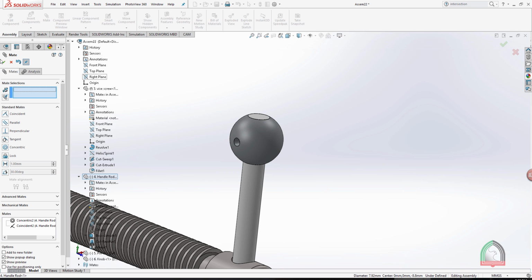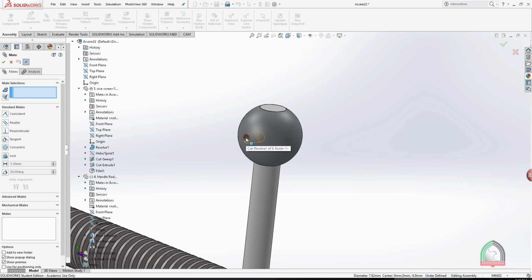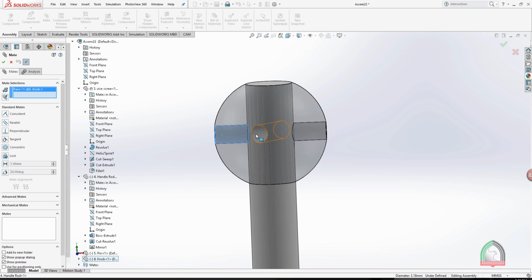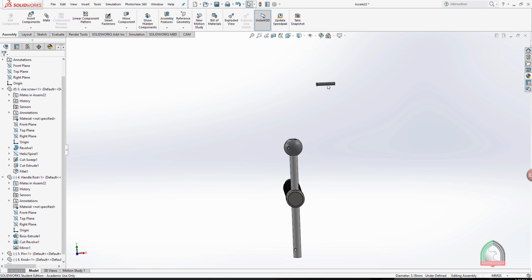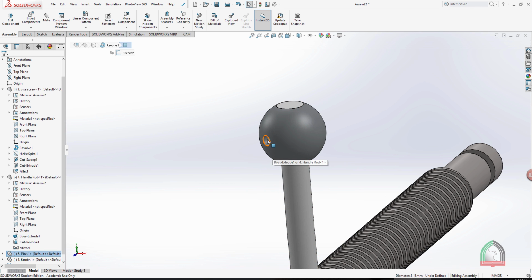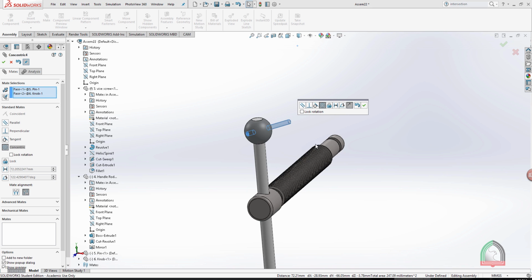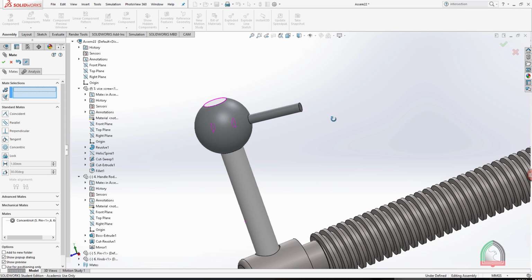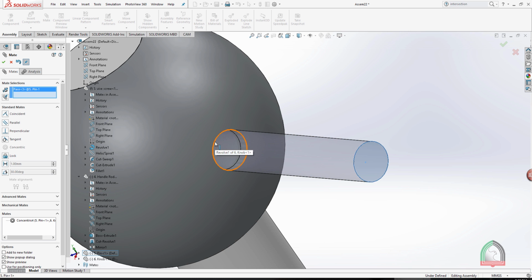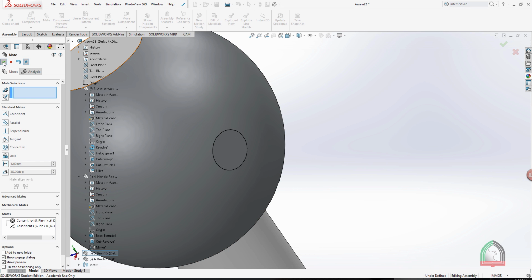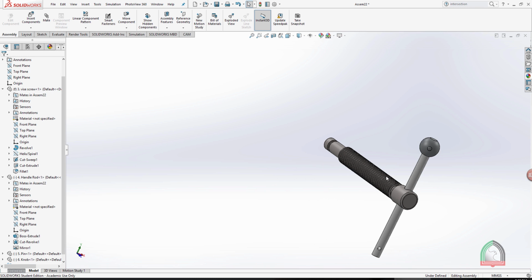One more option, we can go for the, okay, and this should be concentric to make a passage of the pin. Now these are concentric. Okay, now the surface, I'm selecting the surface with the edge. Perfect, here it is. So one side is okay, and we can continue the same procedure on the other side,